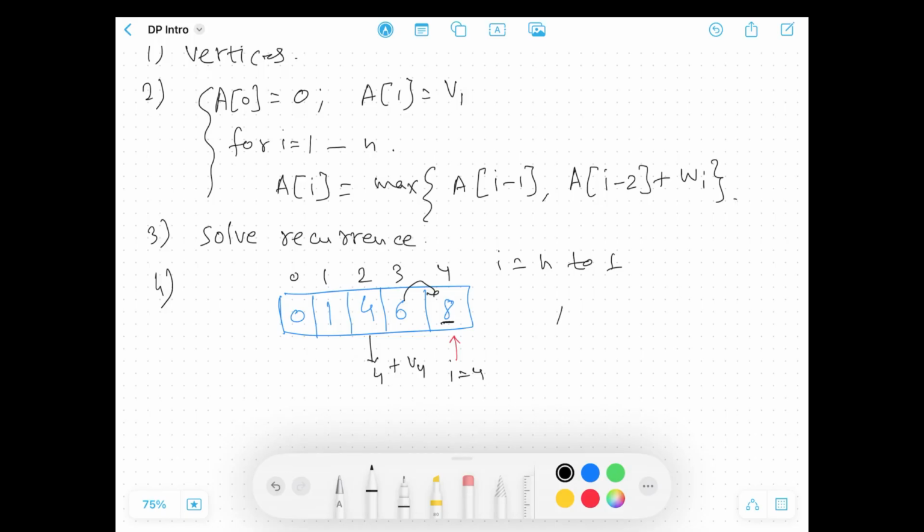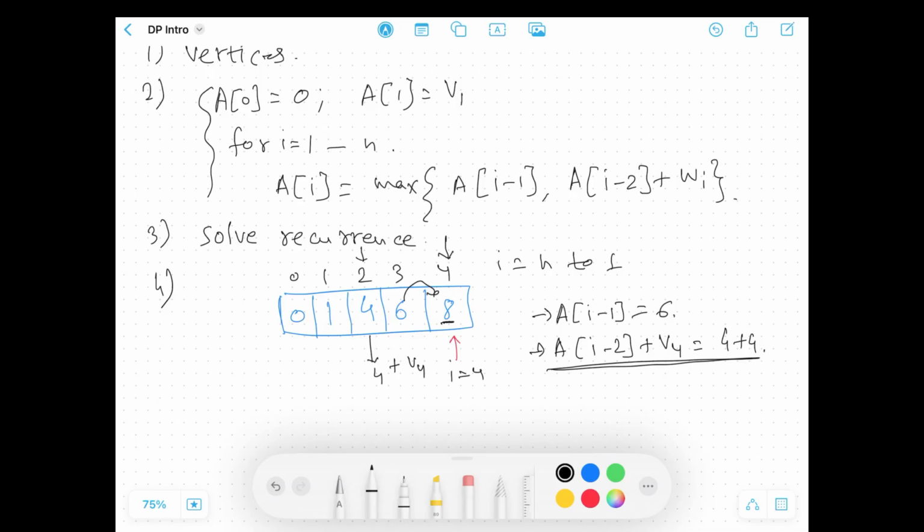So this means either it is coming from I minus 1, which is 6, or it is coming from I minus 2 plus weight of 4, which is 4 plus 4. And we always pick the maximum value out of these two. So we see that the maximum value is coming from this one, which means we must have picked vertex 4